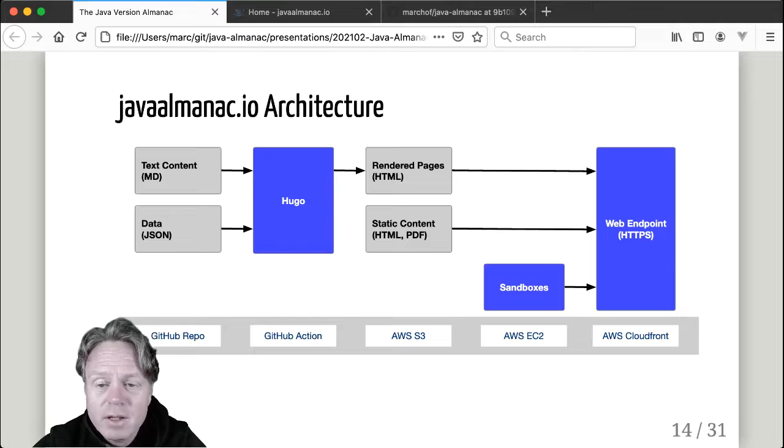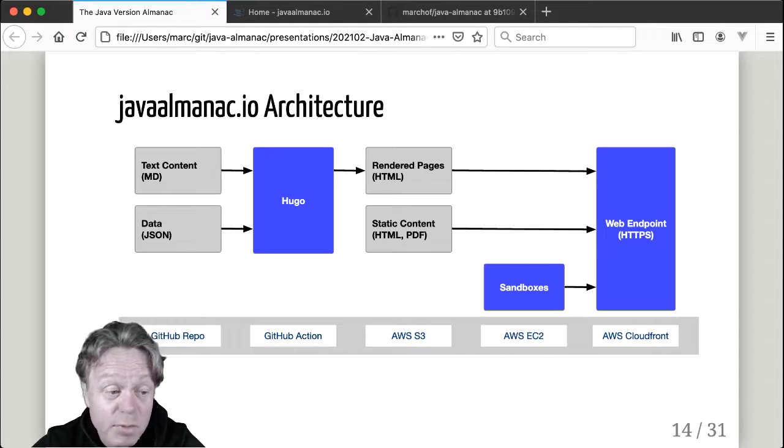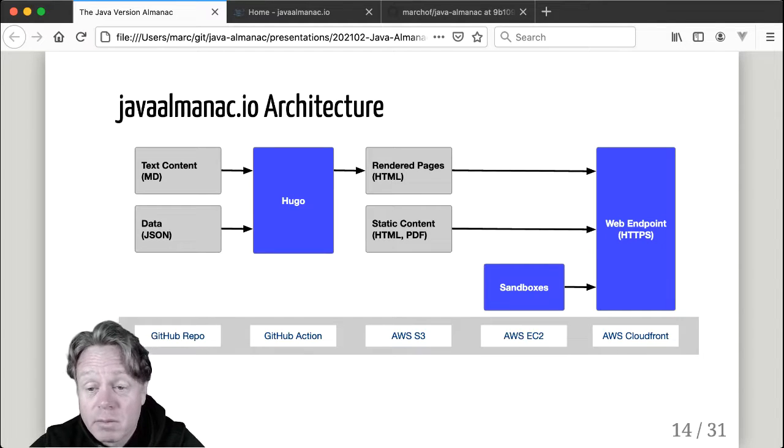The website is then stored on AWS. It's three buckets, along with static content which is not created by Hugo, for example historic Javadoc or historic documents, which I make accessible on the site. And everything is then made accessible through the web with a public endpoint, also with SSL termination, HTTPS, and here